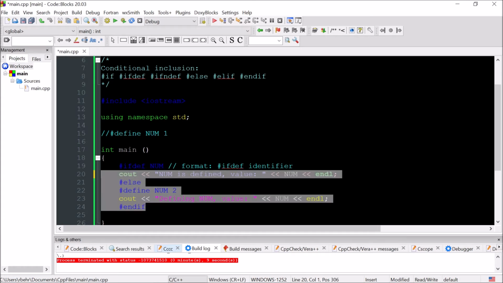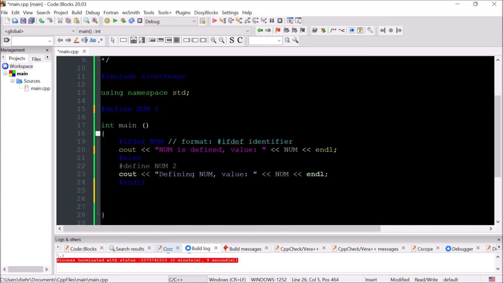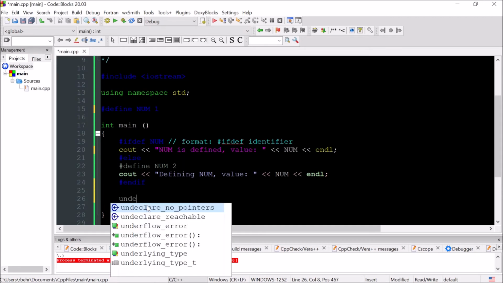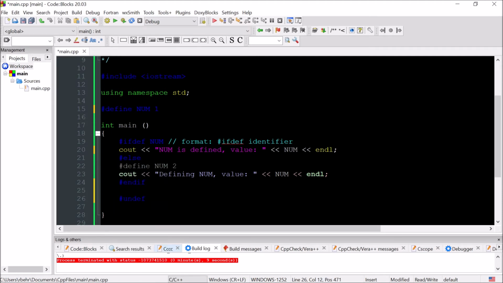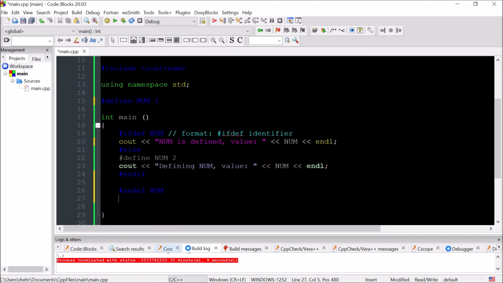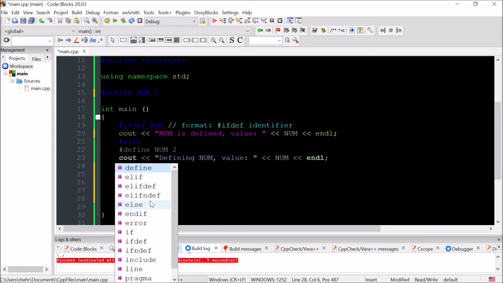I'm gonna copy this, so I'm gonna do the following. Okay, I'm gonna define or undefine here. So what happens here, I'm gonna undefine here just to give you another application of undef, undef num. Okay, now I'm gonna use endef with elif. So if